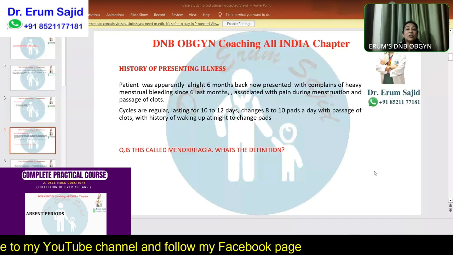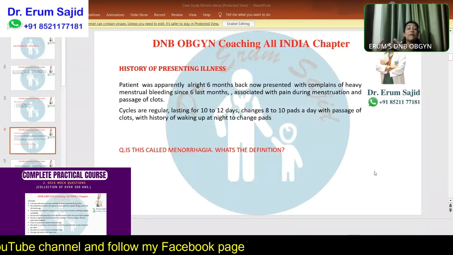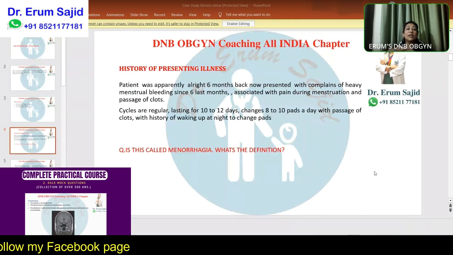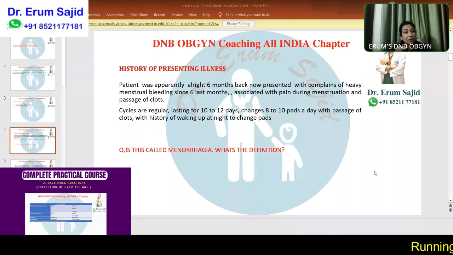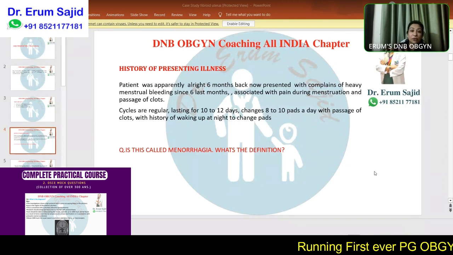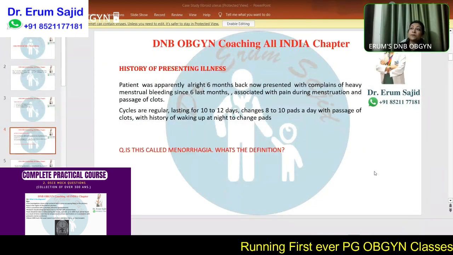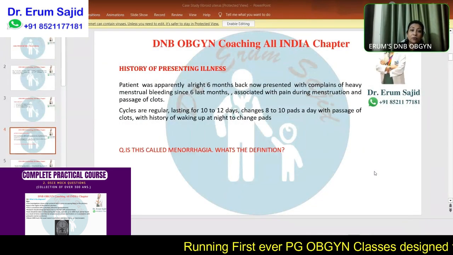See, some patients change heavily soaked pads. Some patients change a light pad also. So if somebody is changing, let's say, 7 to 8 pads a day, it's not necessarily that all the pads were soaked. Maybe she's just a very hygienic patient. So these are not very leading definitions, but a definition which says that